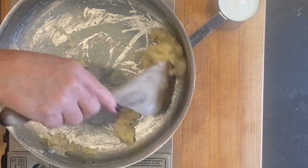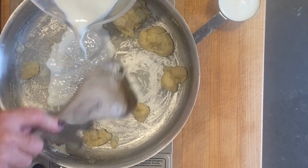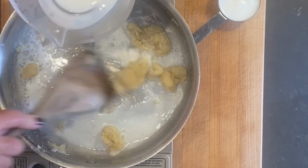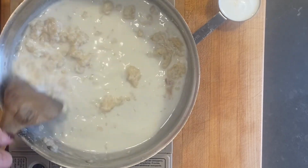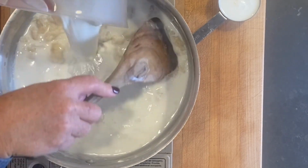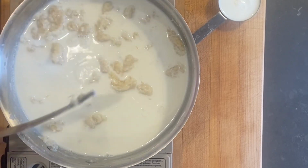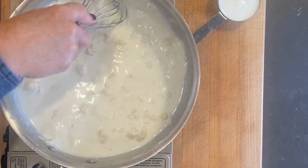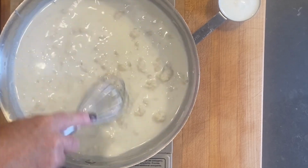I'm gonna add the whole milk, and I'm gonna add it a little bit at a time because I'm just making a roux. And I'm gonna get all that butter and that flour incorporated. If you have a hard time getting everything incorporated, a whisk can be your best friend. And I'm gonna switch from my wooden paddle here to a whisk. And when all of this is incorporated and I've got my nice white sauce,